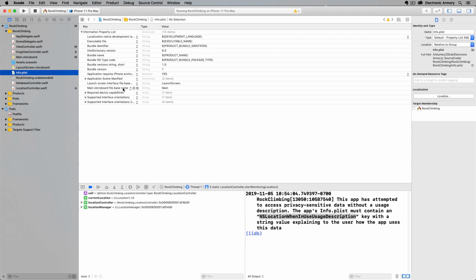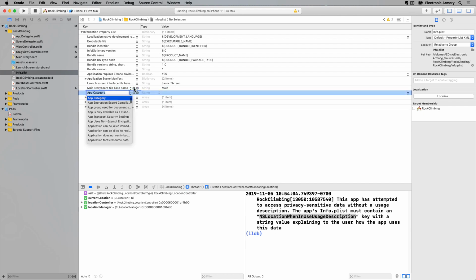What we would do normally, if we were trying to do this before we got that error, is select any one of these and just hit the plus. Don't hit the plus next to any of these arrays or dictionaries because it'll usually add an object in there. So I'm going to hit plus and add a new line here. If I tried to type in location when in use, this autocomplete is pretty terrible. It really doesn't work unless you know what it is. You can go manually through each one of these keys, but as you can see, the list is quite long. So that's where I copied the key, NSLocationWhenInUseUsageDescription, pasted that in,